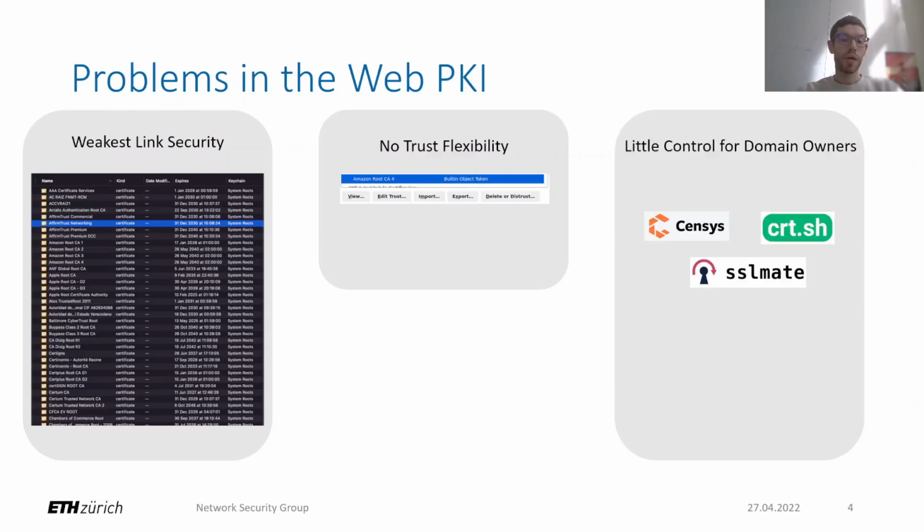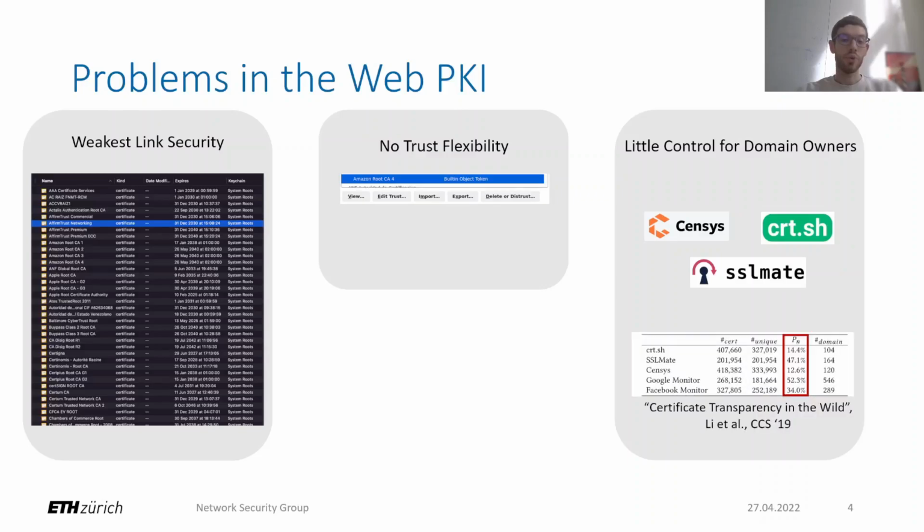CT reduces the impact of the weakest link security by allowing domain owners to check which certificates are issued for their domains via CT monitors. However, this provides no proactive security guarantees, since attacks are only detected after they have occurred and the bogus certificate is logged in a CT log. It also requires domain owners to perform self-monitoring by regularly fetching and comparing all issued certificates of their domain. Finally, CT monitors have been shown to have an inconsistent view, and thus a bogus certificate might not even be detected.